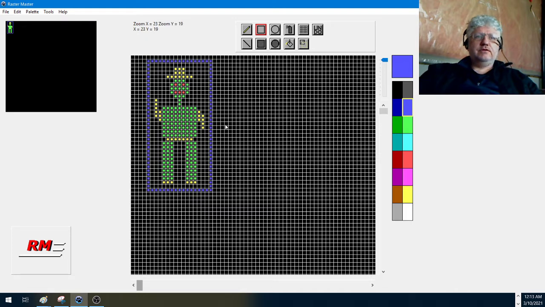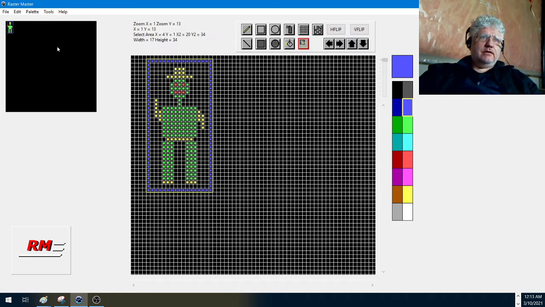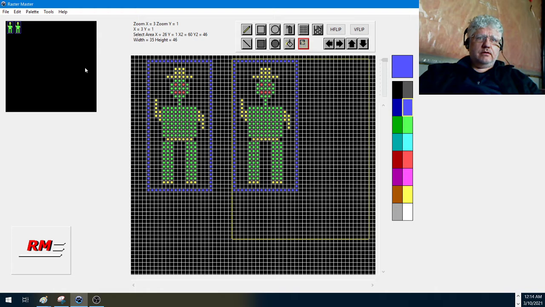All right, that's perfect. And let's use the copy and paste function. So we have two identical images. And what I want to show you is